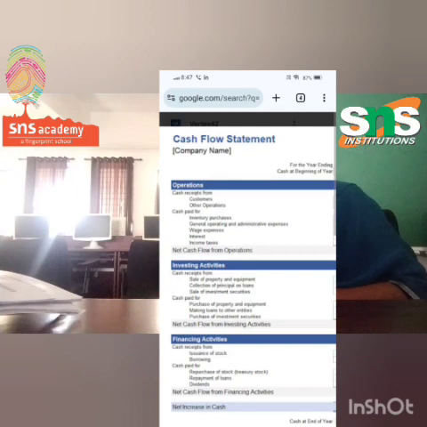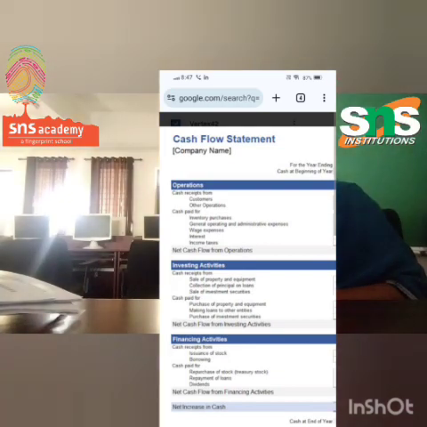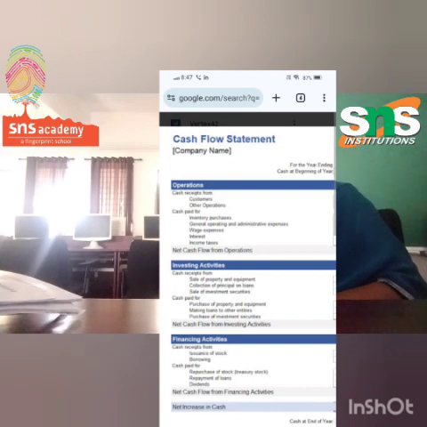So the working capital changes are all related to current assets and current liabilities, right? And how can we treat the working capital changes along with the operating profit? We have to add the decrease in current assets and increase in current liability. Then afterwards we should deduct the increase in current assets and decrease in current liability. So when we complete that process, net cash generated or net cash used will be available during operating activities. Okay, so now let us